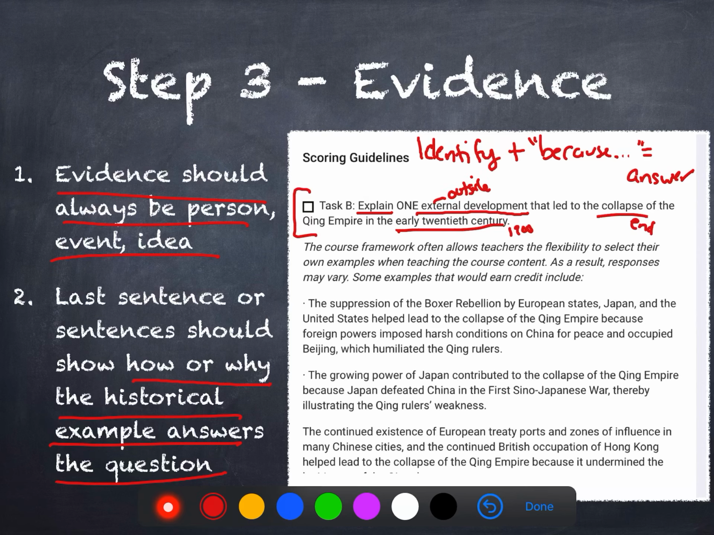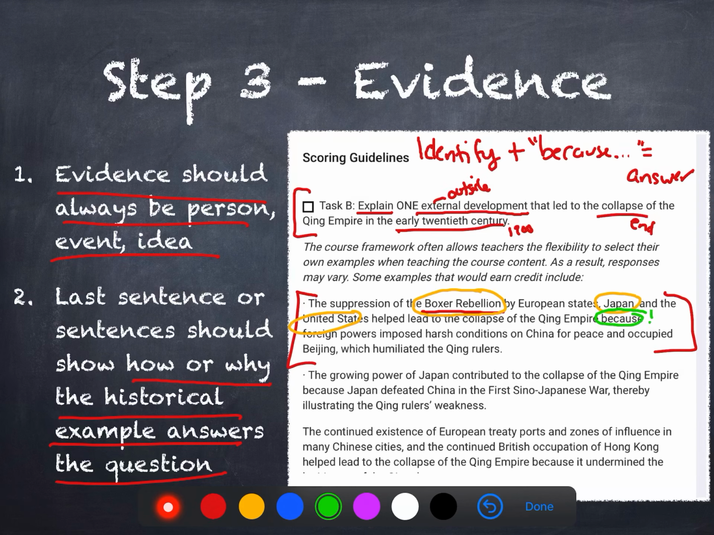So this one I thought was another one that was easier because we went over this one specifically, and that was the Boxer Rebellion. But notice how College Board writes the answer. The suppression of the Boxer Rebellion by European states, Japan and the United States. I'm going to stop there. So a couple of things, specific evidence, Boxer Rebellion, Japan, the United States. Now I'm going to continue with the answer. Helped lead to the collapse of the Qing dynasty empire